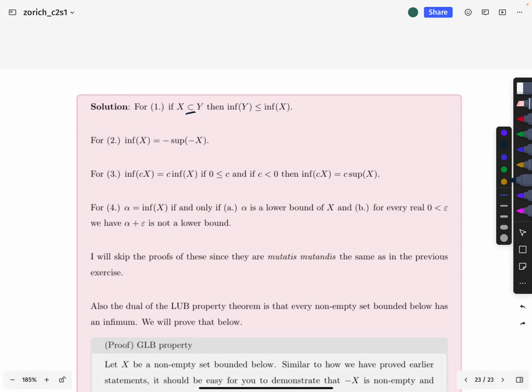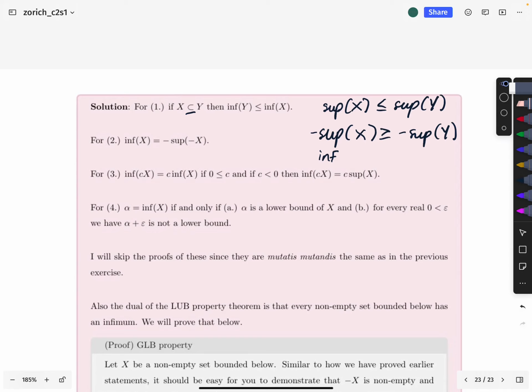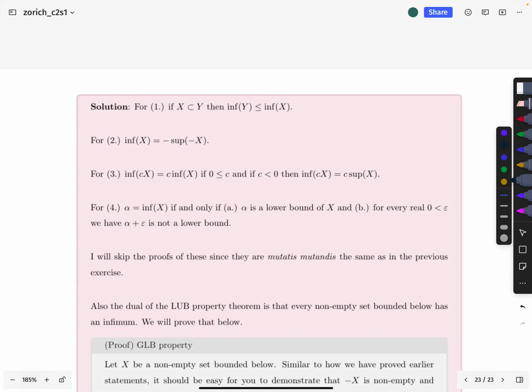So, by the way, I guess it occurs to me that the proof is so fast for this one, given that we already know this thing about sups and infs, that I might as well go ahead and say, we already know this. And so if you just multiply by -1 throughout, then you get negative sup of x greater than or equal to negative sup y. But you also then can push the negative in and get inf negative x. Sorry, never mind. I thought it was that easy, but it's not that easy. So anyway, you would just do a direct proof, very similar to the style of proof that we did in the